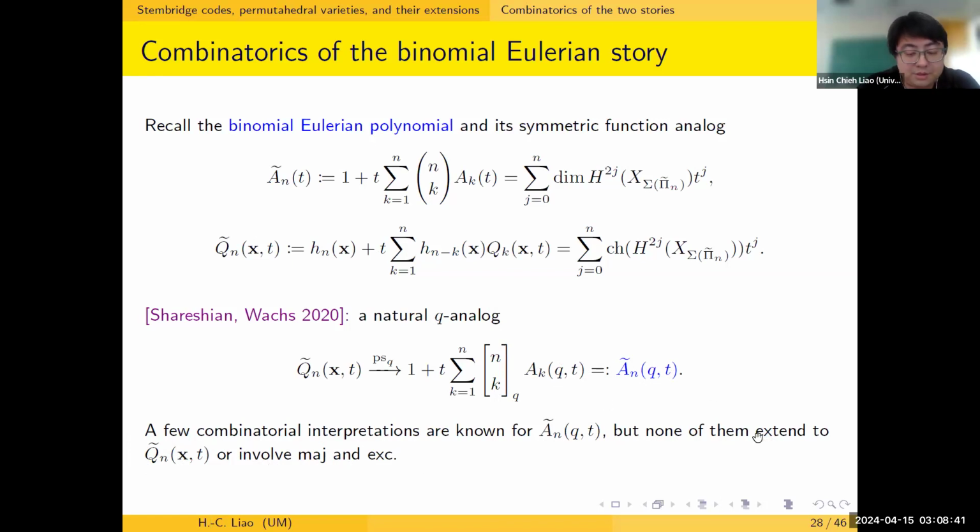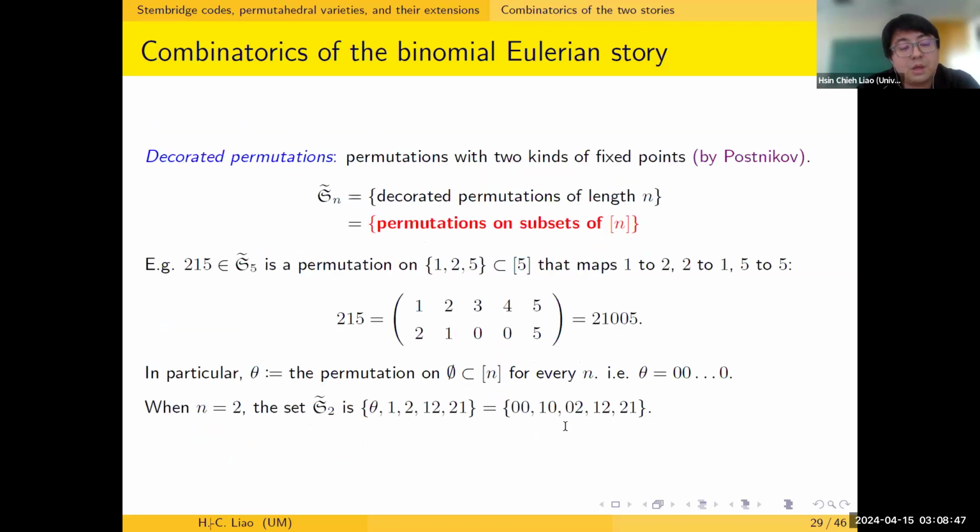Or involve major and exceedance. Yeah. So these are two classical permutation statistics. And so next we consider these decorated permutations defined by Postnikov,